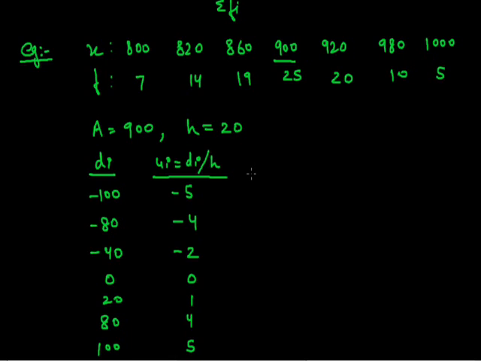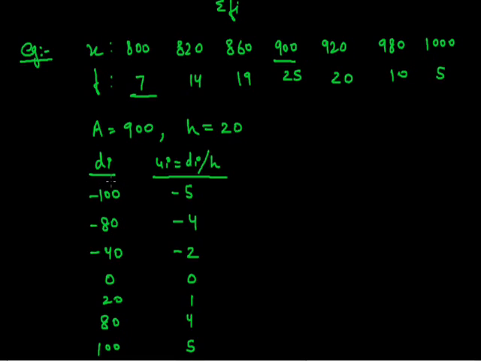Because if we keep finding out the mean here by the direct method, then definitely the calculation increases, because we would have to do calculations like 800 into 7, then 820 into 14, so it will increase our calculation by a very large extent. So that's why we have done it like this: we have taken the assumed mean and h, and accordingly we have reduced the observations.